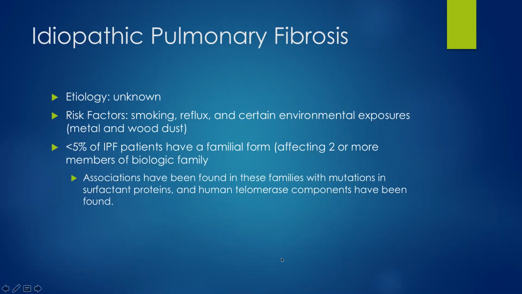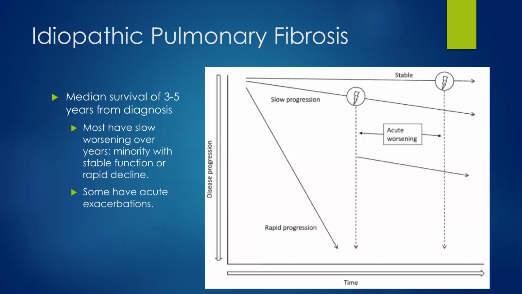So they found that there have been issues with telomerase in some of those families in the lung. Maybe that's associated with why they get fibrosis. The bad part with IPF is that if it's real IPF, your median survival is only 3 to 5 years. People have different types of progressions. There are some people, and I have a couple, who remarkably are pretty stable. Most people just slowly get worse over time.